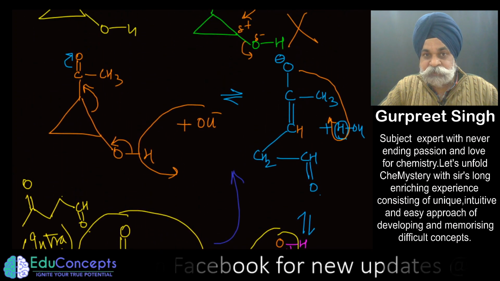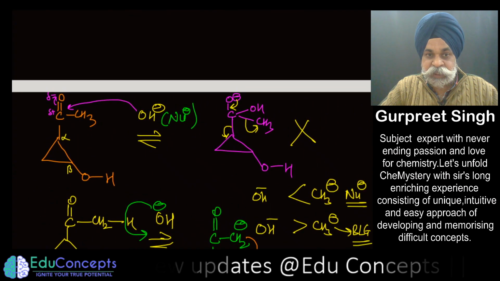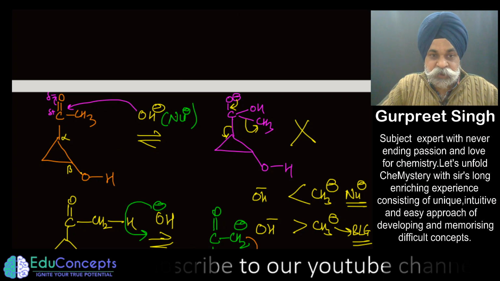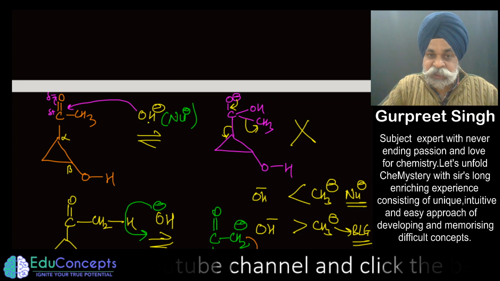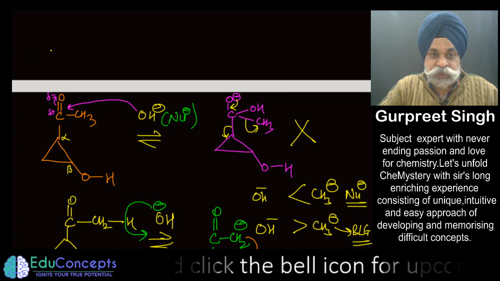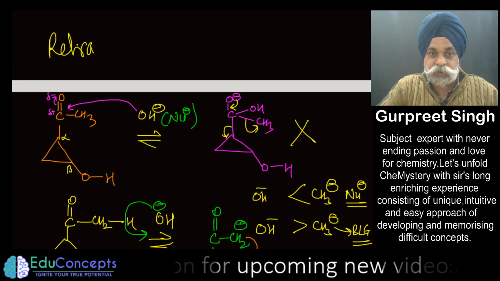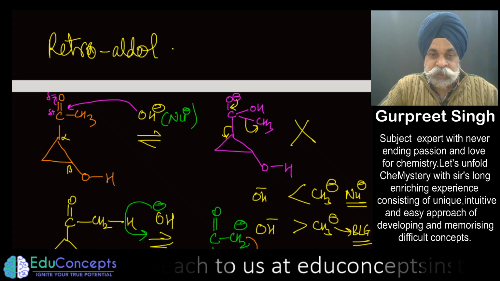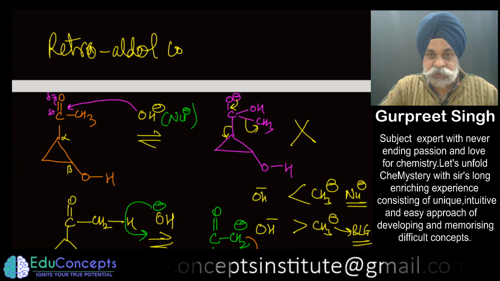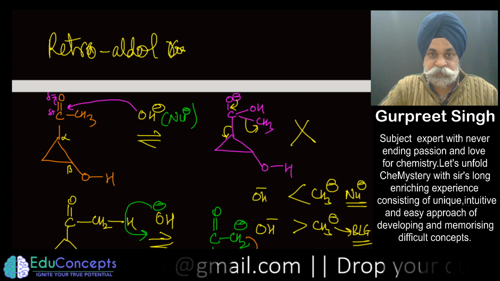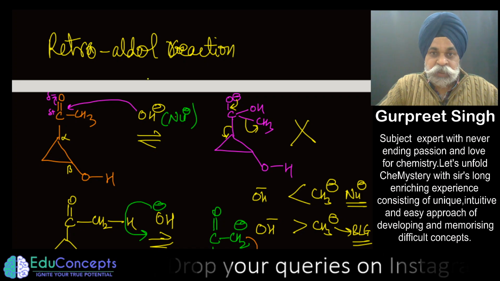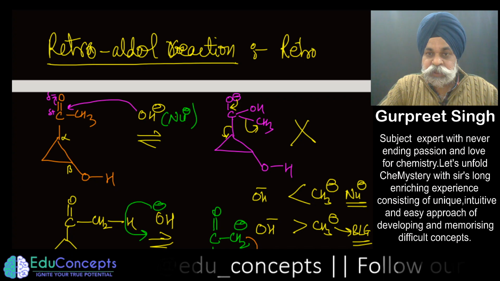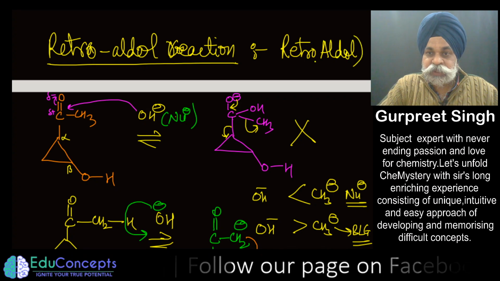Now make it a point, I am adding a very important line. If you are given a beta hydroxy ketone in alkaline medium as a starting material, this is what you call a retroaldol reaction, that you have to go the reverse way. Popularly it is simply called retroaldol. You have to do retroaldol.